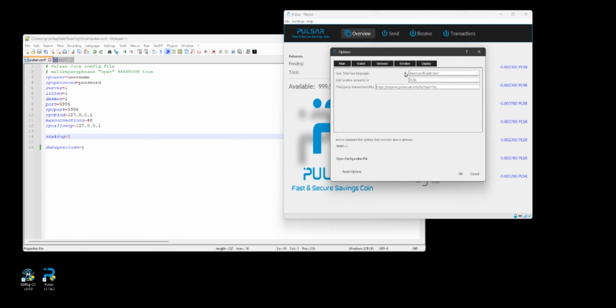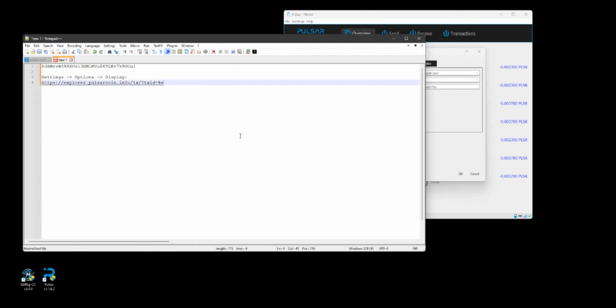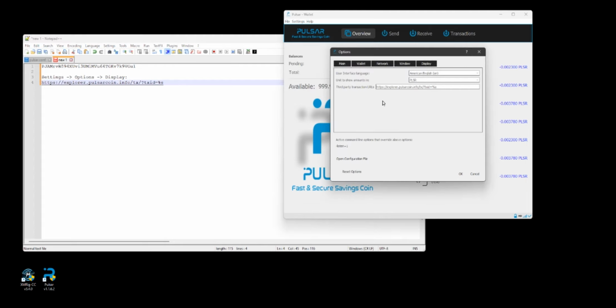Okay, but this is what I really wanted to get to over here. Third-party transaction URLs. Whatever value you have in there, I will show you what the value ought to be. If you wanted to research a transaction on the actual Explorer, this is an easy way to do it: once you get into transactions, you right-click and then you can open it in the Explorer. So the value that goes in this bar here, third-party transaction URLs, is going to be